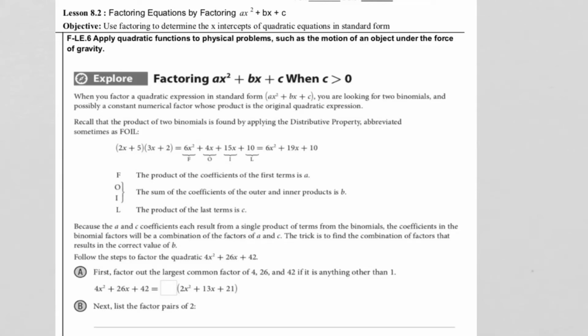Section 8.2, solving equations by factoring. So the first part of these notes are basically copied right from your textbook. It explains, if you're looking at